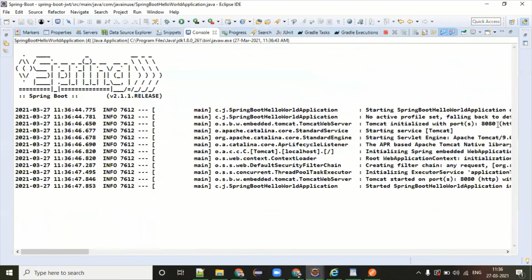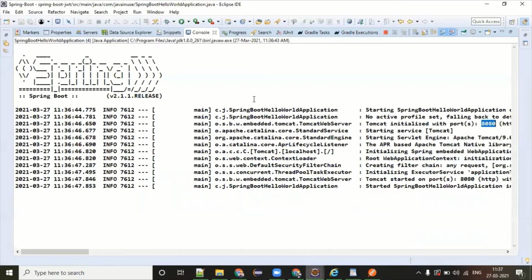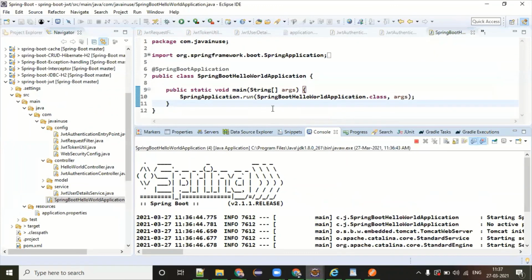Okay, so here we have 8080. So localhost 8080, and the first call which we have to make is for authenticate.